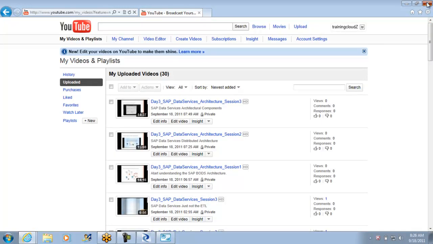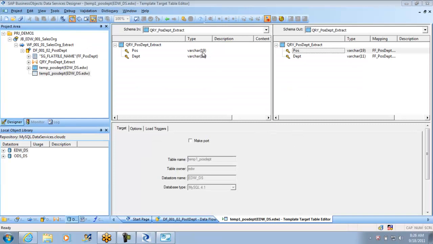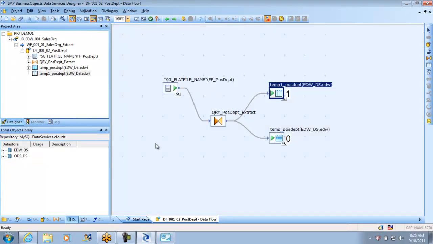Perfect. So I continue with the same session as yesterday. Today there can be a little deviation from whatever is given in the tutorial, because the tutorial tries to show you the total overview, but you will not see the usage of more transformations. But we will first start the same way. Yesterday we saw getting data from a flat file into a table, and today we'll be using an inbuilt transform of data services, and start preparing ourselves to build the